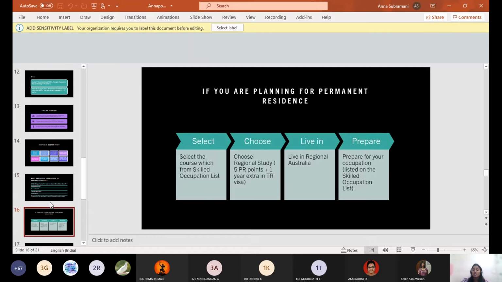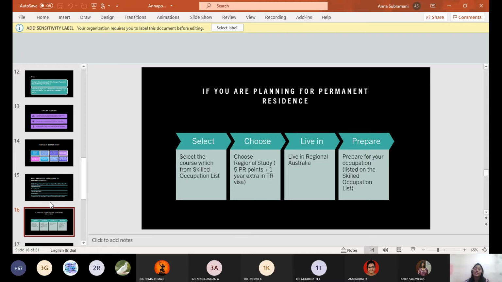And again, there are three types of people when choosing to do a master's abroad: either they go, study, come back to the home country and work there; or second, go there, study, take some experience and come back when the visa is done; or the third category is this one, settling in Australia as a permanent resident. So in such a case, what should you do when you start as a student itself?